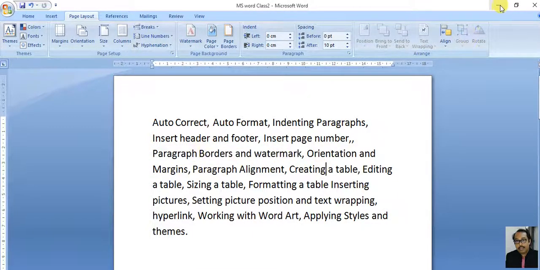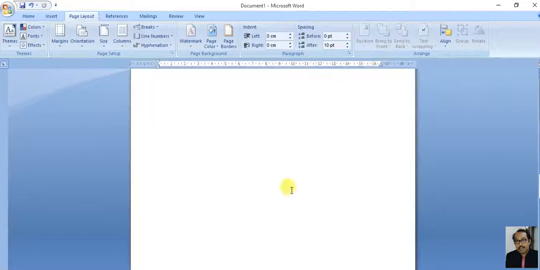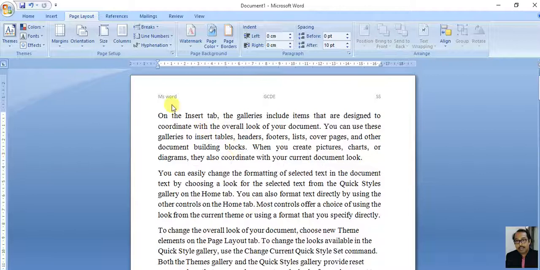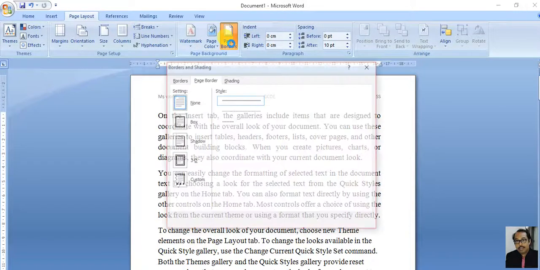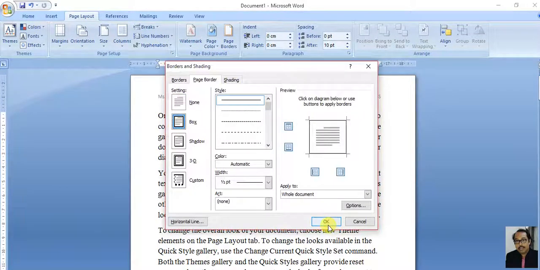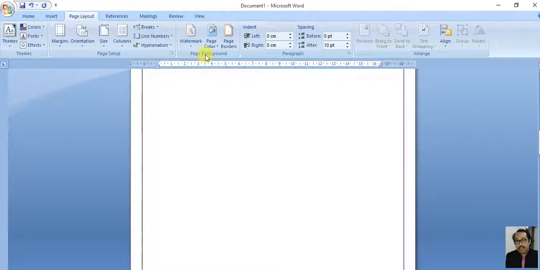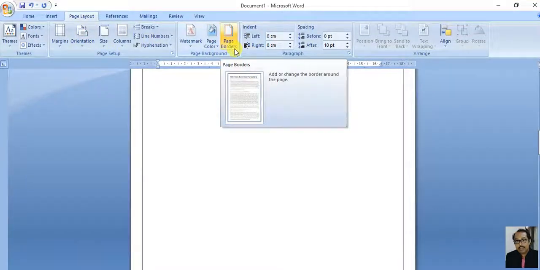Next is paragraph borders. Now first think of the page borders. This is the page and this is the border. I gave a border there. See, in every page a border appears. So this is how I give that page border. I go to page layout option and click on this page border.